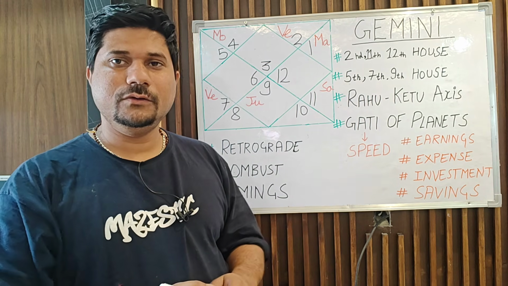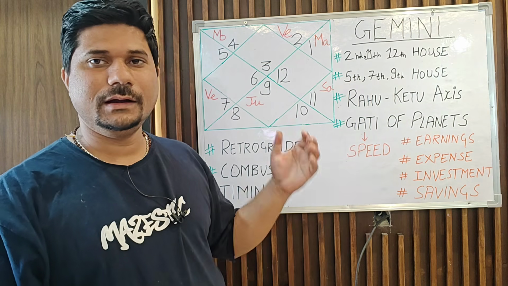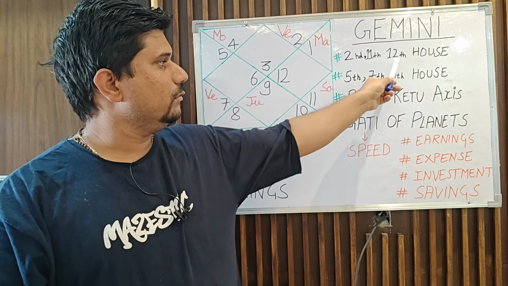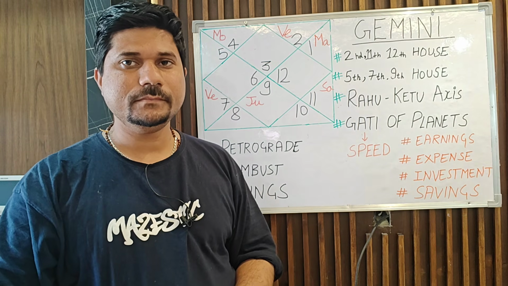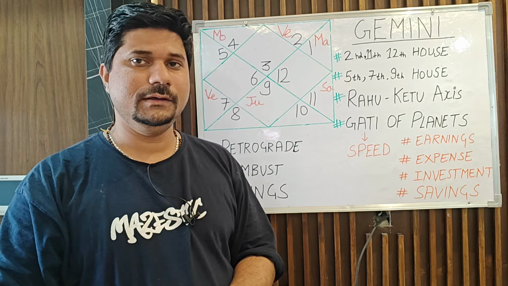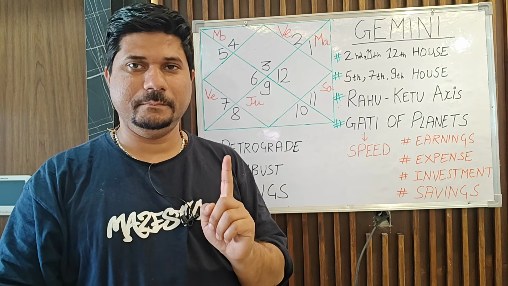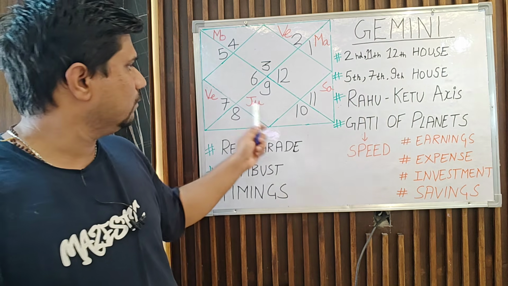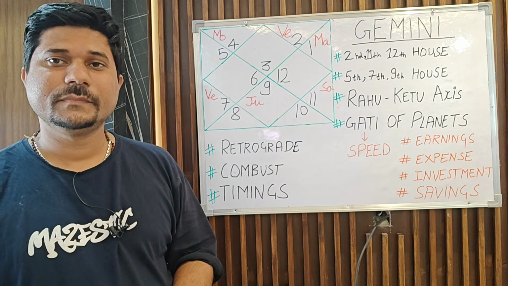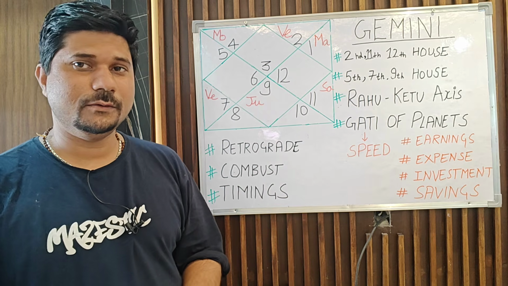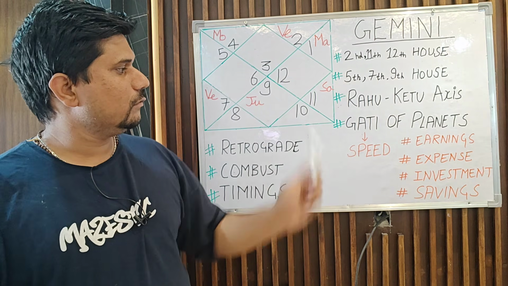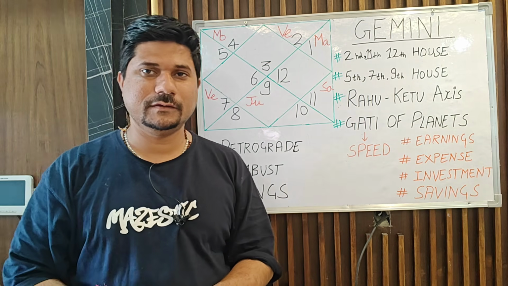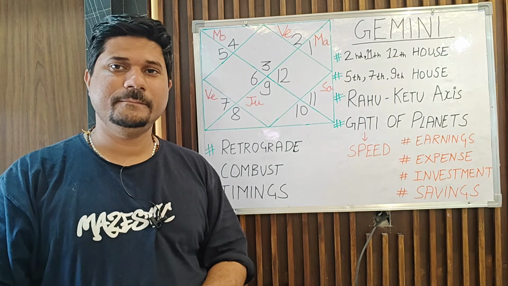So today, first of all, I'm going to briefly explain the content which I'm going to share with you. The very first thing we are going to discuss is the money and wealth houses. What are the money houses in Vedic astrology, specifically for Gemini people? Next, we are going to understand the 5th, 7th and 9th houses, and how these houses act as a supporting structure in the money and wealth roadmap of your life. Then we will also understand the contribution of the Rahu and Ketu axis, and whatever Laxmi and Raja Yogas are created by the Rahu and Ketu axis as well.